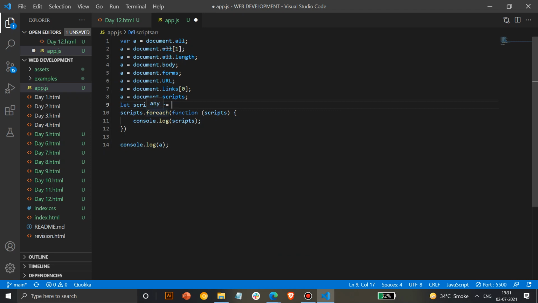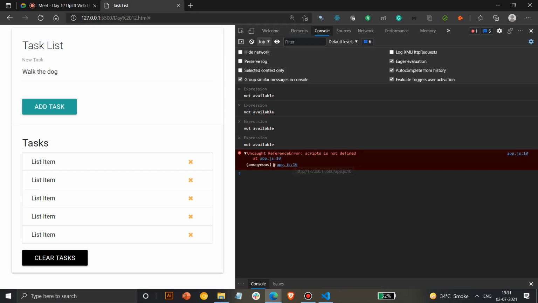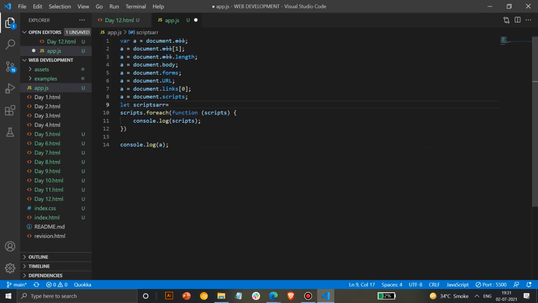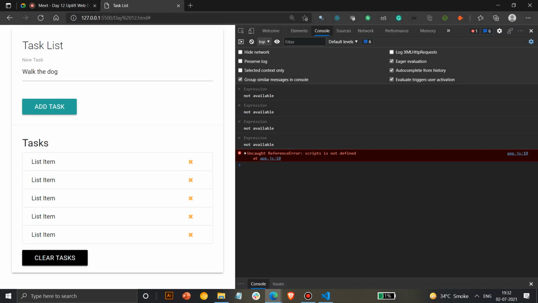Now we had a collection. The problem is collections can't be used the same as an array. If you try to access them directly like this, it gives an error. So we have to convert this into an array, so that we can use forEach. We know forEach is used only on arrays, or whenever we do competitive programming, we use it there. So how will we convert this into an array?